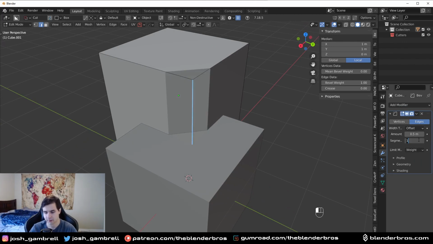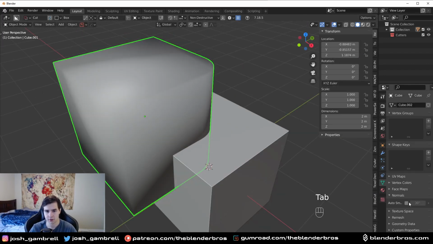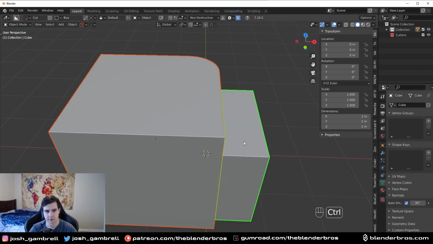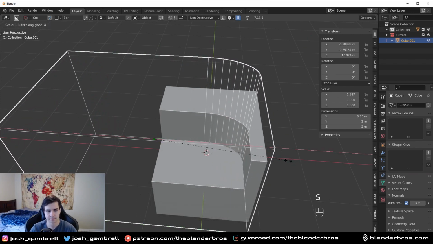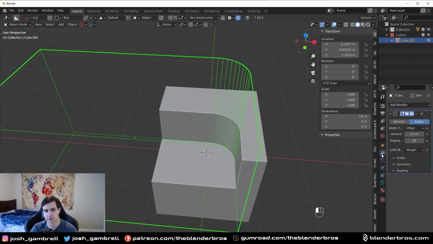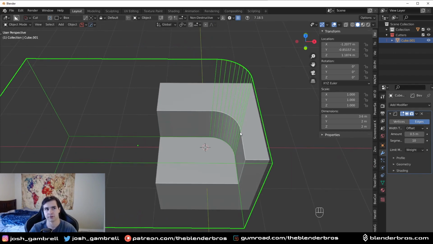So we can increase the segment count here to 10. And now check this out. We'll go ahead and shade it smooth, auto smooth, you know the drill. And if we were to run a difference boolean and later on we decide we want to scale this like that, even though it's skewed, what we can do now is Control A and apply the scale. And since we're working non-destructively, it's going to automatically update the uniformity, if that's even a word, of the bevel